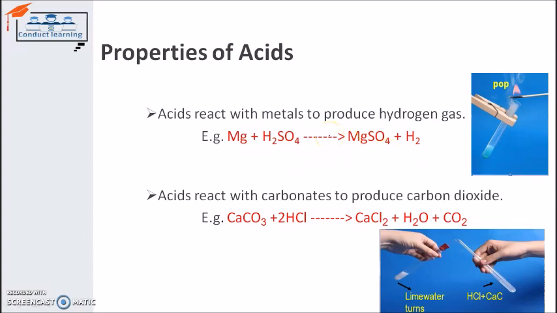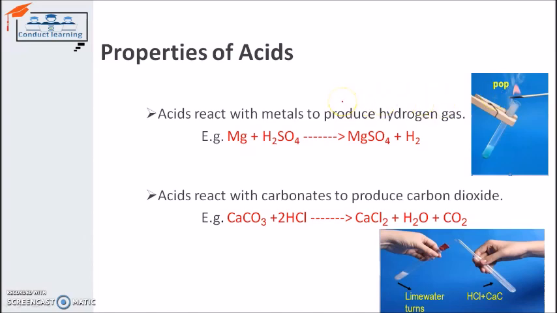So any kind of metal that reacts with acids will produce hydrogen gas. To detect that hydrogen gas, we simply take a burning fire stick across it. When hydrogen gas is there, it will produce a pop sound. We can't detect hydrogen gas just by looking at the reaction, so we have to take that fire stick across it. If a pop sound is produced, there is hydrogen gas. Otherwise, there is no hydrogen gas.